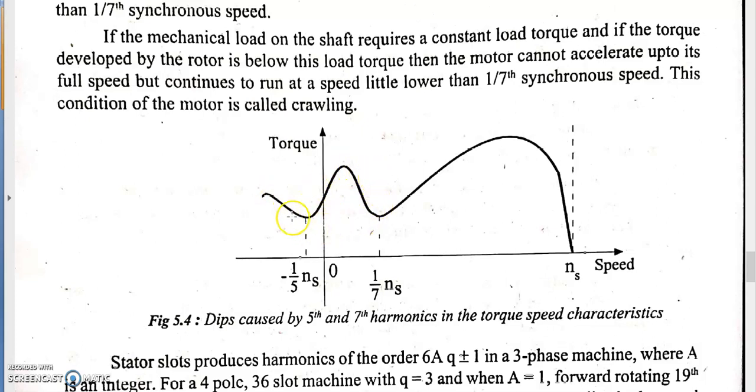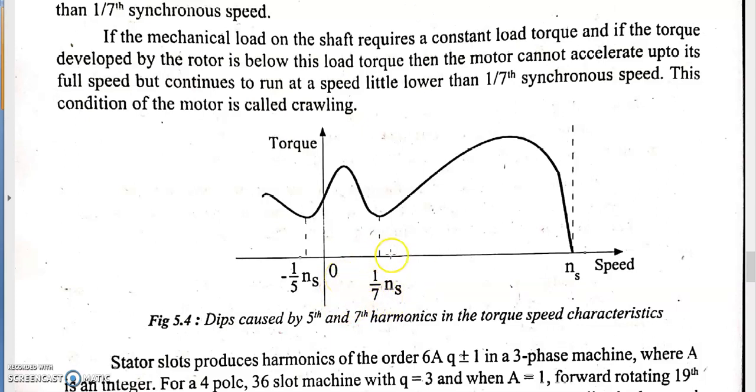So this is due to the 7th harmonic component. The same characteristics will repeat. Okay. So from this point, it is operating in this region. So this is how the 7th harmonic component produces the motoring torque in the motor. Actually, it will lie over here because it is at 1/7 of the synchronous speed. The 7th harmonic component will operate at 1/7 of the synchronous speed because this frequency is higher.